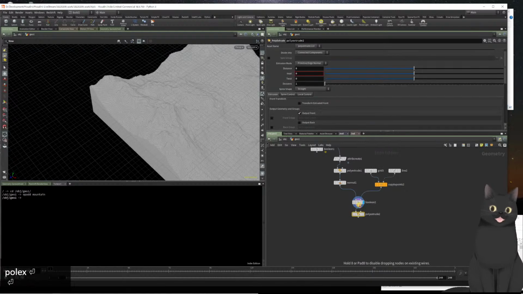we actually want to extrude those surfaces is equal to the length of